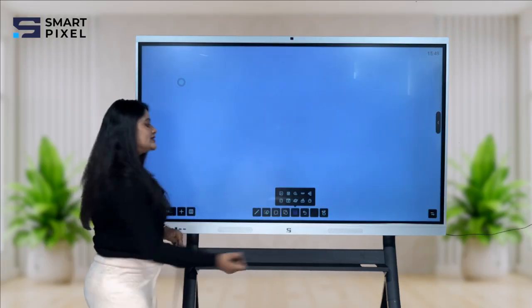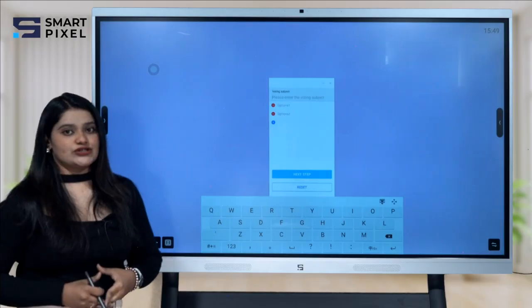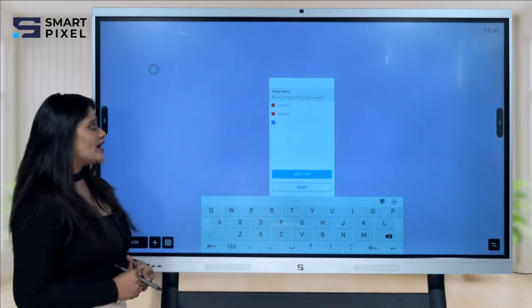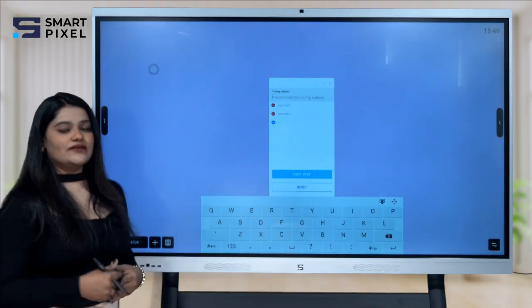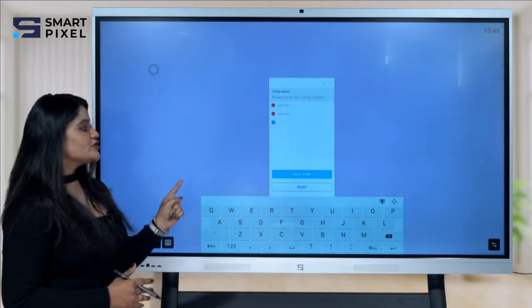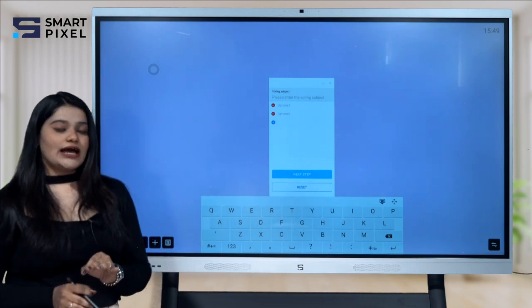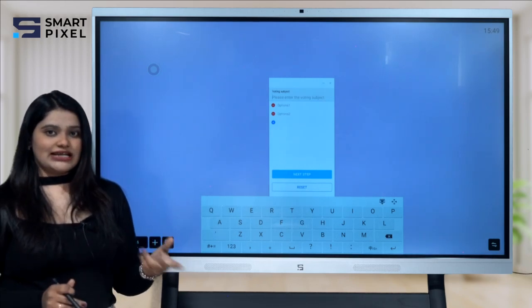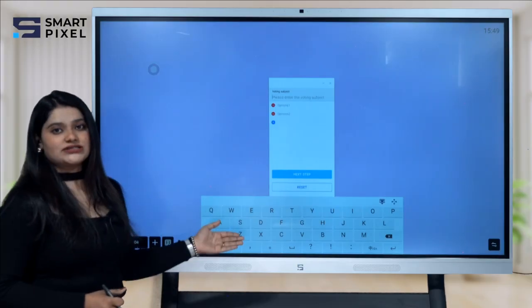Next option here is the poll kit option. In that, you will get the voting subject. You can write any type of voting subject over here. There are 2 options, and you can give the options. Then it will generate the QR code. The user has to scan the QR code and select whatever option they want easily. In the next step, you will get all the answers over here.